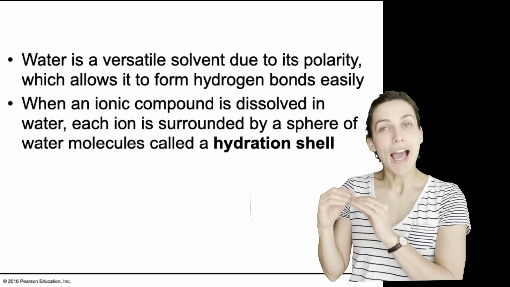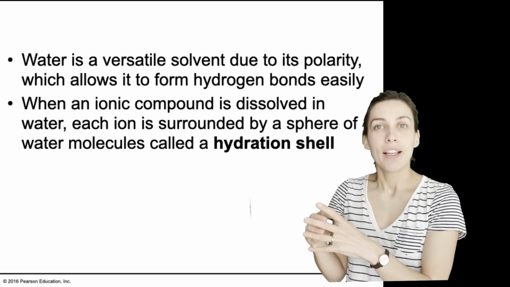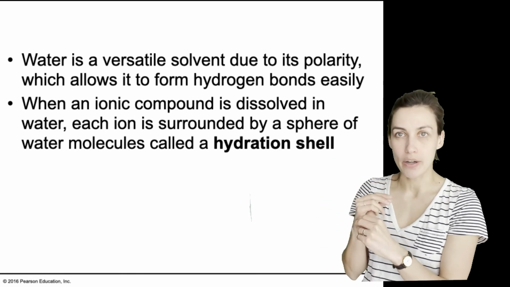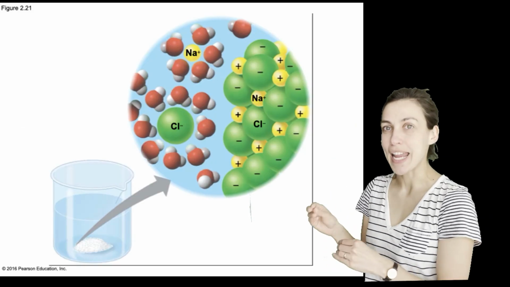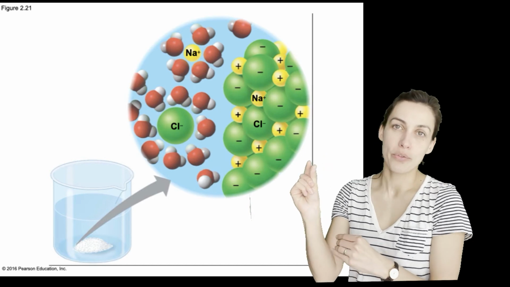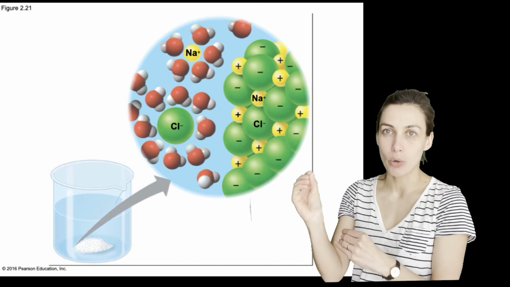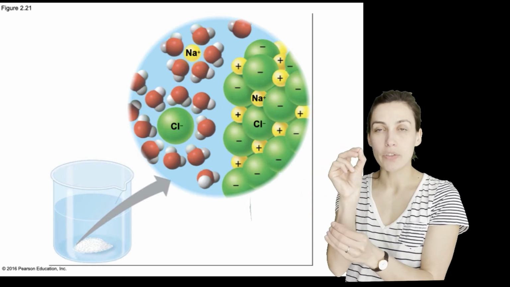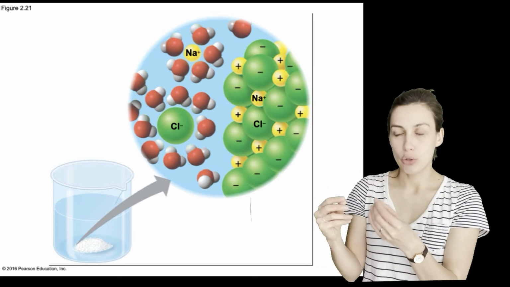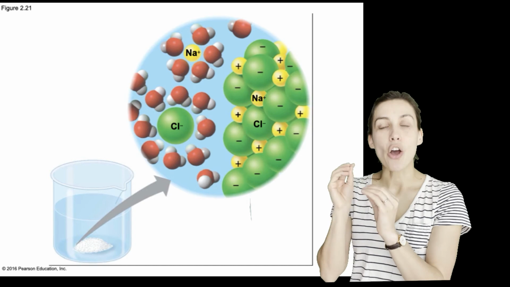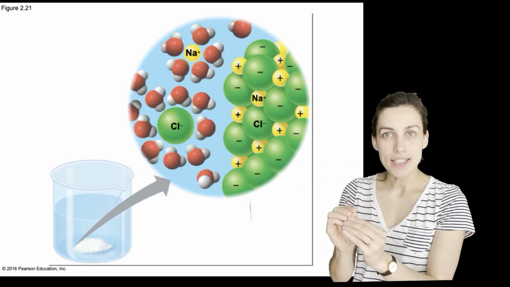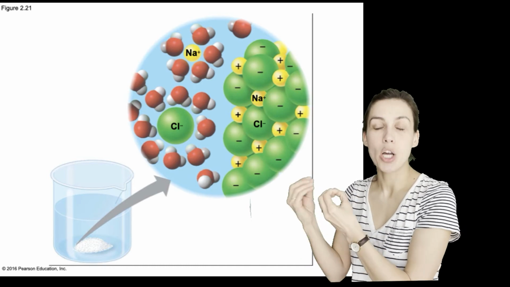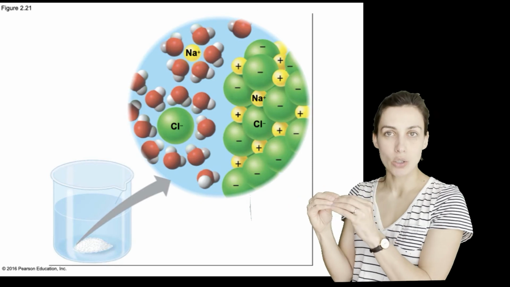So let's look at how water can create a hydration shell around the substance that is inside of it. Here as an example is again a little block of salt, table salt, sodium chloride. And you've seen how sodium chloride is held together. That little grain of salt that you might be putting into your soup is actually a stack of alternating chloride ions, so negative ions, and sodium cations, positively charged sodium ions